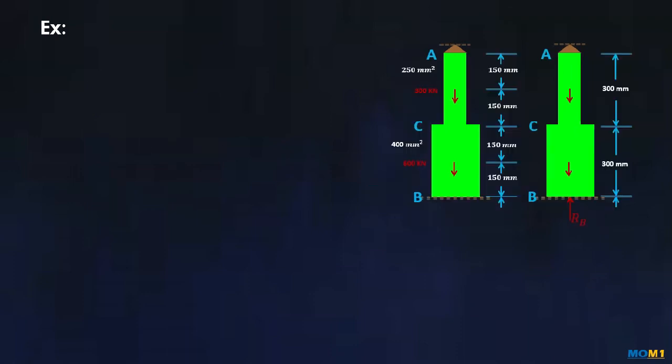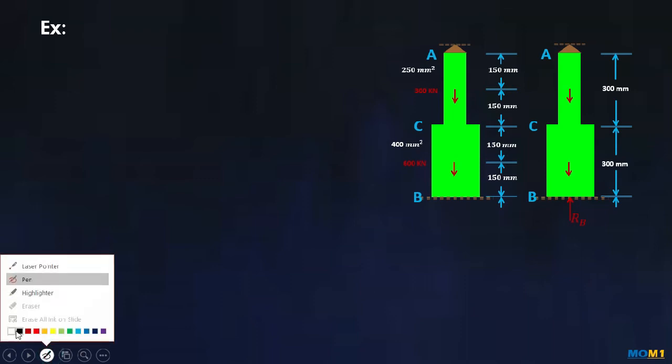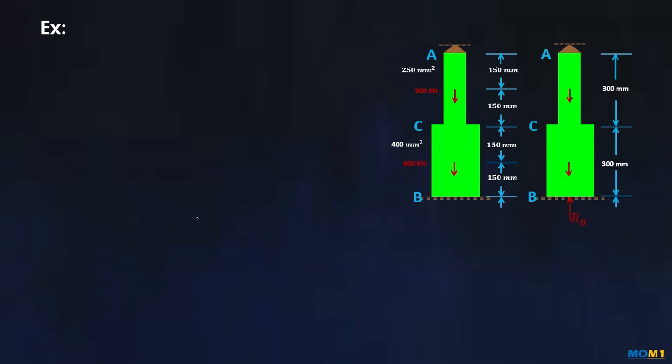Now let's consider first that this is without support, and we are going to subdivide this into 4 sections. This is section 1 up till this stage, this is section 2, this is section 3, and this is section 4, and we are going to use the same expression to calculate the deformation, that is delta = PL upon A